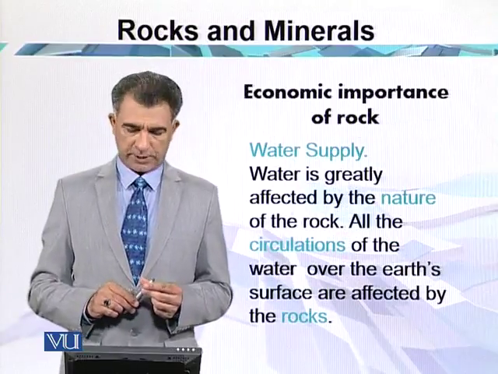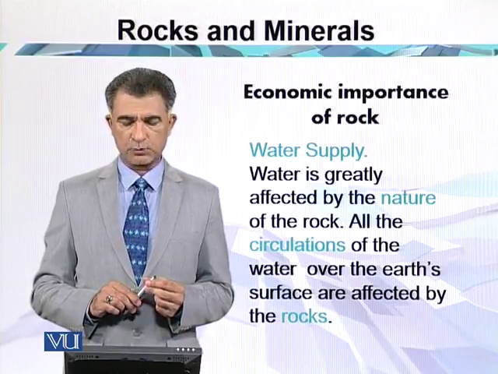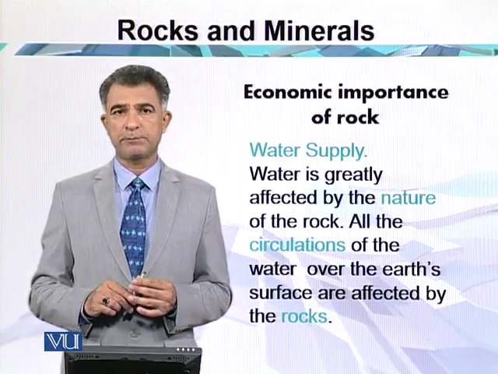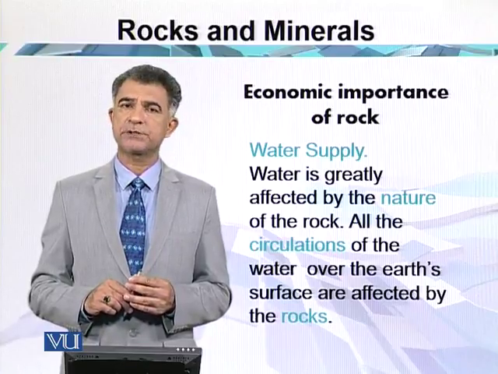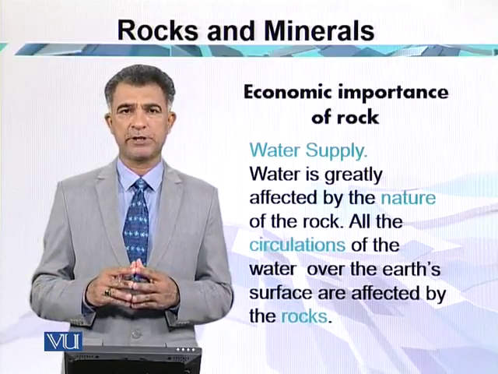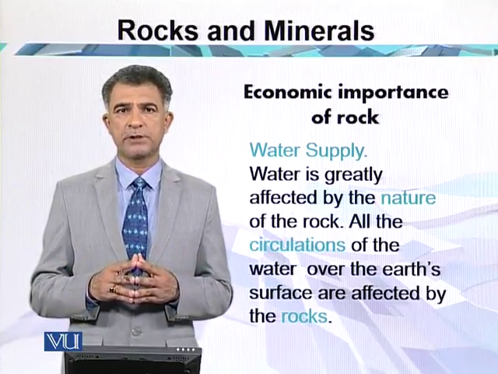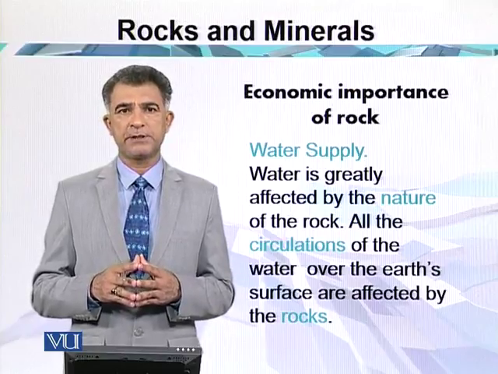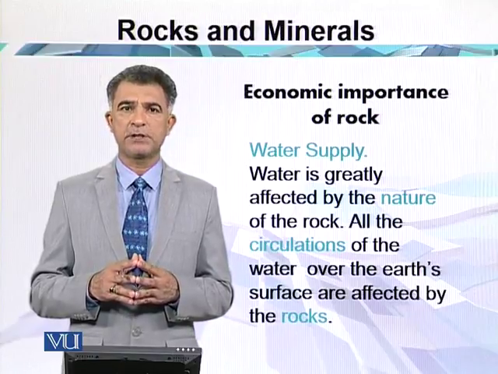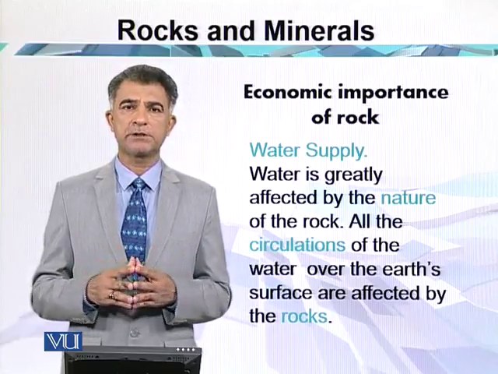Number second is the water supply. The water is greatly affected by the nature of the rock. All the circulation of the water over the earth's surface is affected by the rock. So here we have the best example of the surface which is covered with impervious material, like the paved environment, the roads, the buildings. So those are the areas where runoff is fast, whereas the areas with pervious material, where you have structures like the open spaces, the bare soil, the vegetal cover, or the forest land,